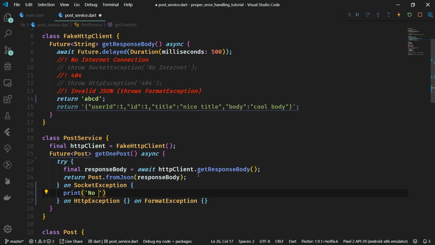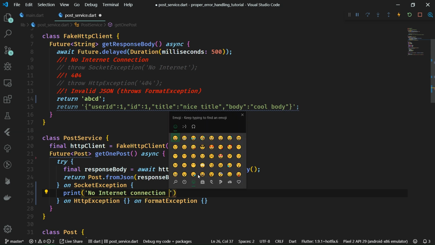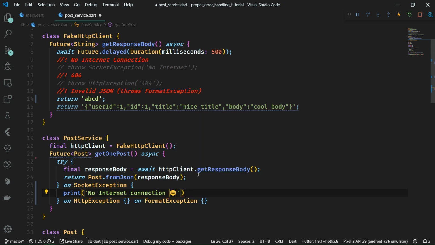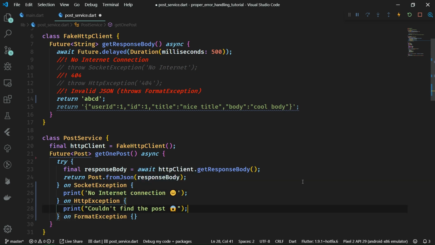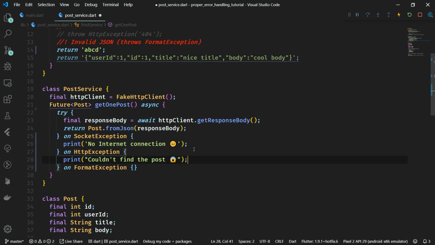So something like no internet connection, and also a neutral phrase. All right, or maybe this one. And we can do that for all of the other exceptions as well. So for HttpException, we're going to print couldn't find the post,